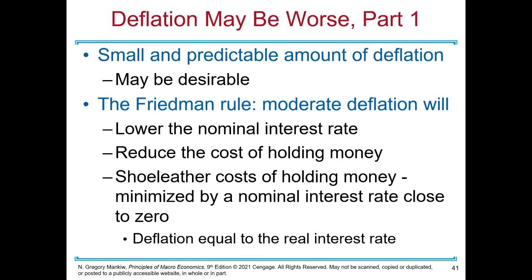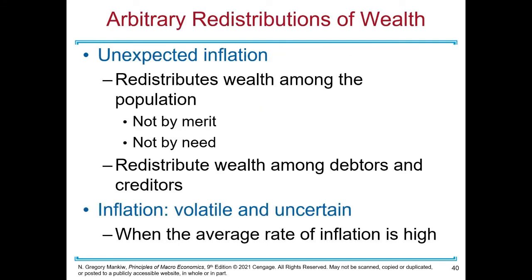So if there's a small and predictable amount, oh wait, no, this is deflation. We're still on inflation. So if I take out a loan at a bank for $20,000 with an interest rate of 7%, that's due in 10 years, then in 10 years I'm going to owe $40,000, roughly. Well, how does inflation factor into this? If I'm lucky, because I just went into $20,000 debt and I'm going to owe $40,000 in 10 years, if I'm really lucky,